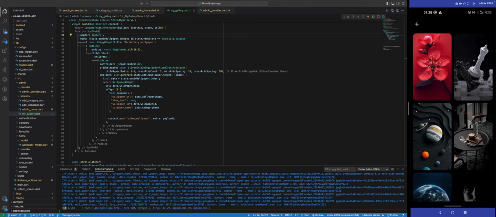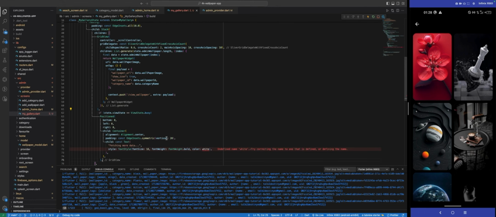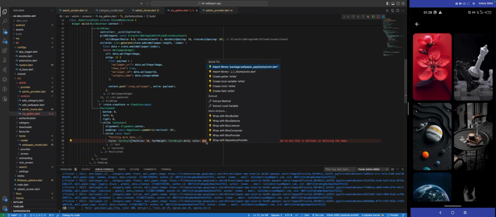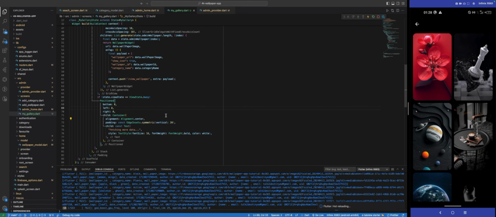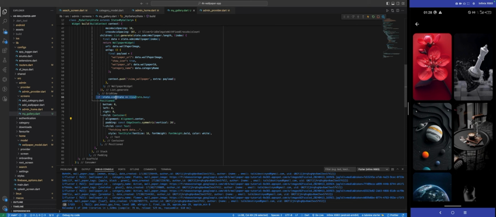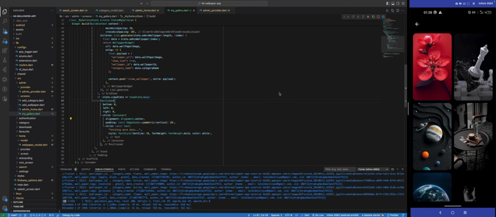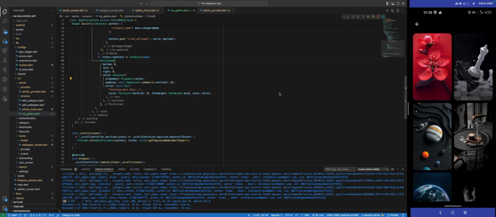Then from there, what I'm going to do is add this stuff that I already created, so I can just add it to fetch more data. So just below the grid view, so it's going to be visible, so that nothing is going to block it. So save this. What I'm doing here is if the view state is busy, I'm going to show this real quick. Okay, so I'm going to save this, and I think instead of doing that,